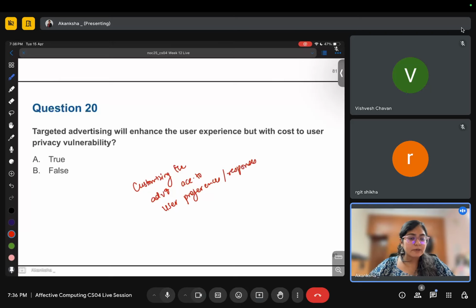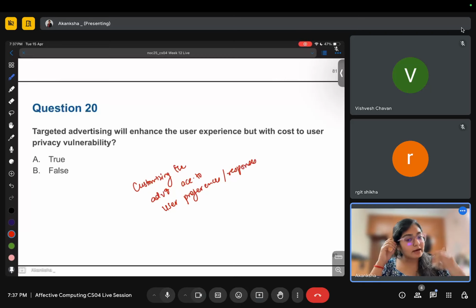Let's say I'm very fond of shopping for clothes, so you tend to send me more ads of dresses, so I will be very interested in buying that product, right? But then what you are doing is you are showing me targeted advertisement.